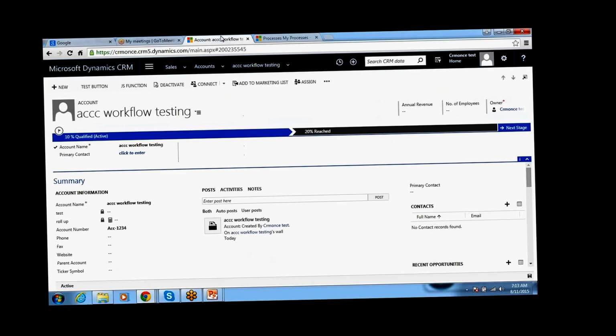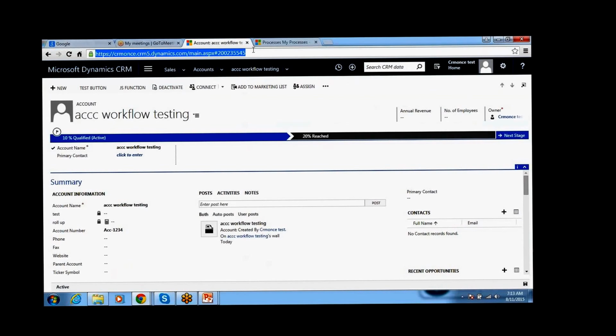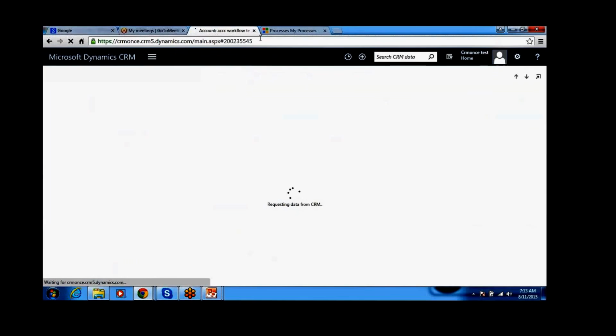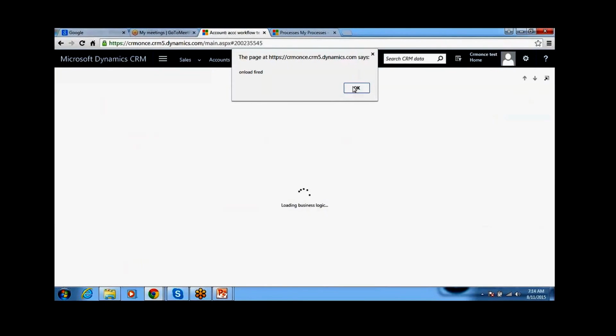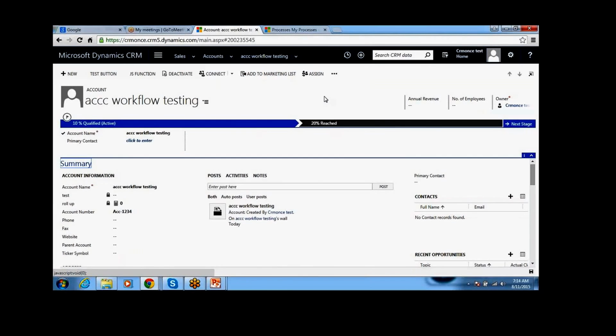If it is an on-demand process, the user can run this workflow whenever they want to execute it.